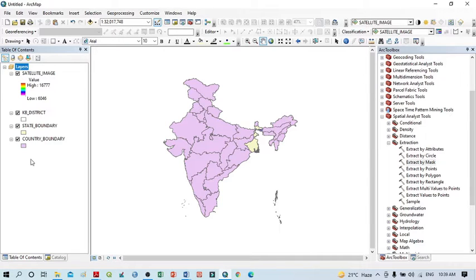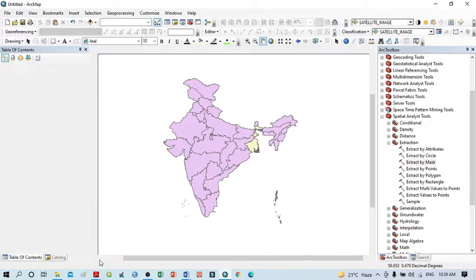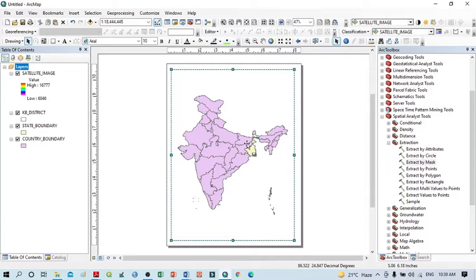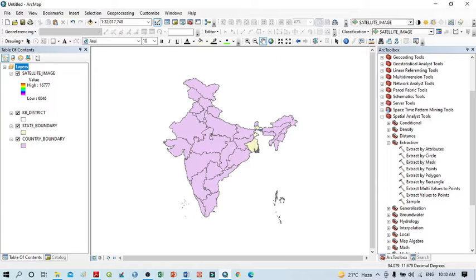If you want to create a study area map within a single window or single pane, we are unable to highlight all of this very well. For example, if I click here on layout view, you can see the country boundary, state boundary, district, as well as the satellite view, all within this single pane. So we need to modify something before we can create a precise, very attractive output